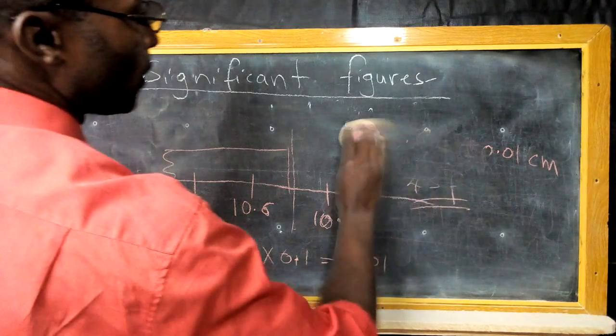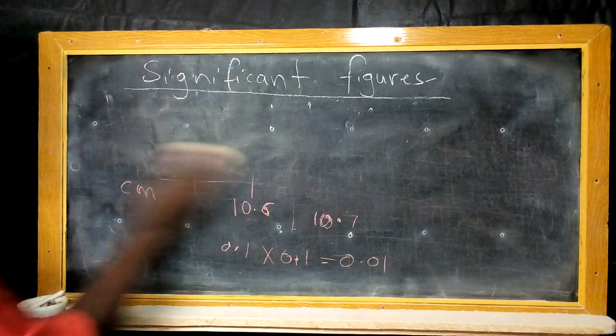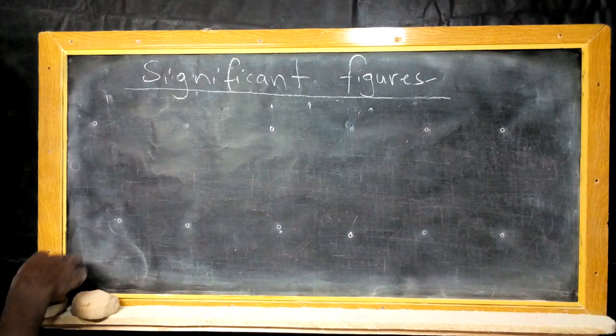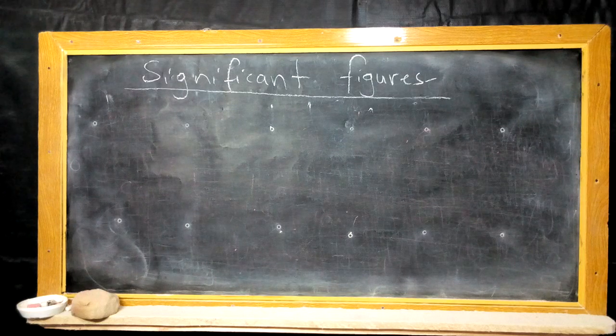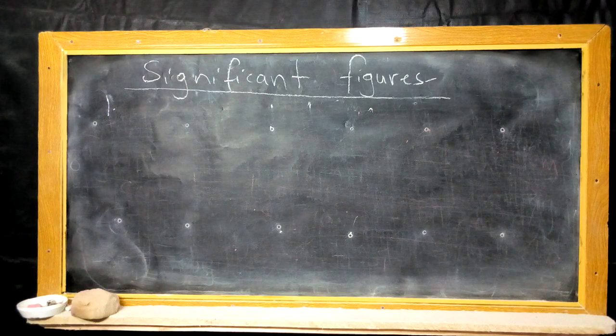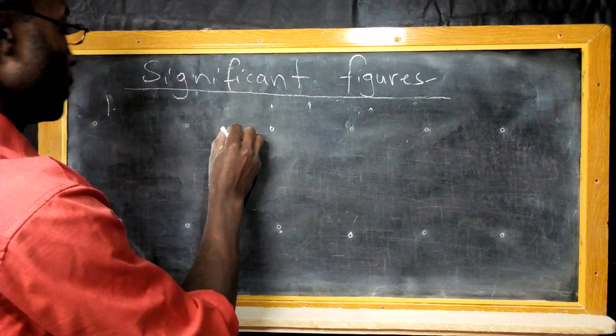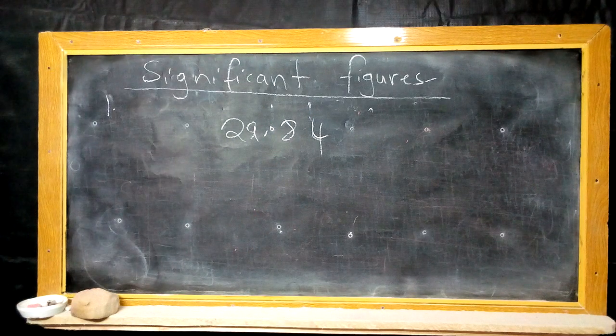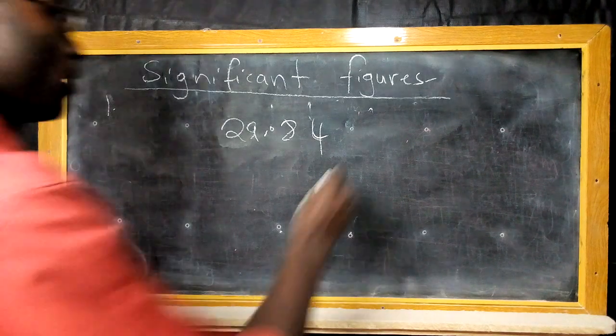So there are some specific rules for us as we go quickly forward. There are some specific rules that apply in indicating these significant figures, which of course we need to know. And it's a set of around 5 rules that we're going to discuss. So the first one: the first significant figure is the first digit other than 0 from the left. So from the left, maybe we write a number 29.84. And then in that case, maybe if it's a reading, 29.84 liters,